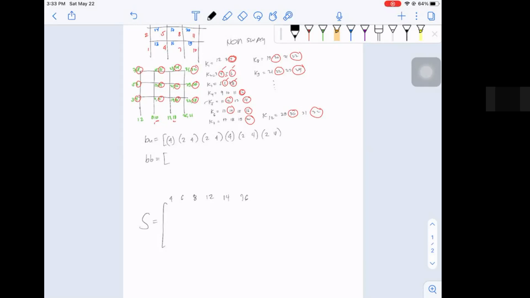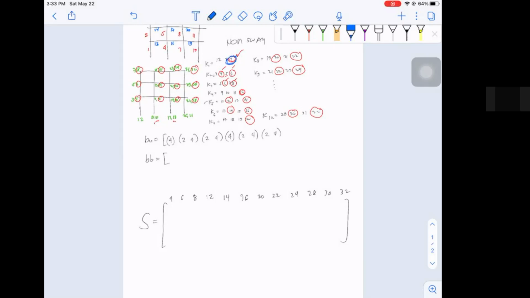We need 18. No, no, 20. We need 22. We need 24, 28, 30, 32. These are the codes. Now, what's the destination of this code 4 here? This code 4, this one,